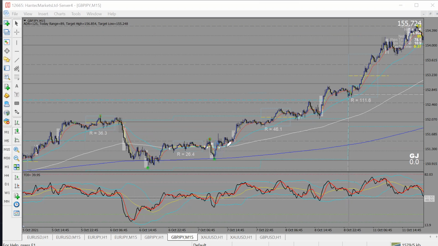So the first pullback to the 50 EMA. This closing above the 13 EMA. This, remember, shark fin. Outside the band, inside the band. TDI crossing. And another thing you need to add to that is, whenever you want to buy,